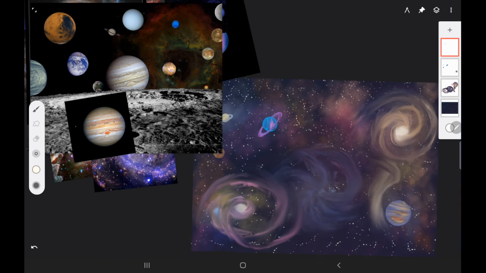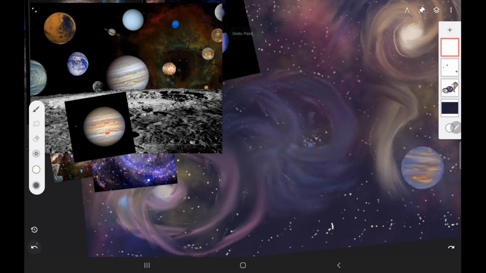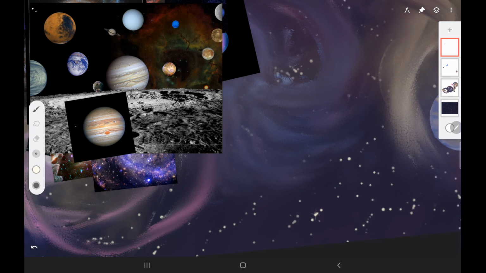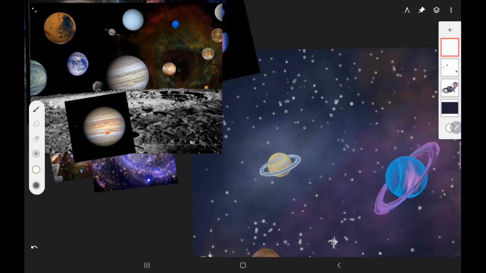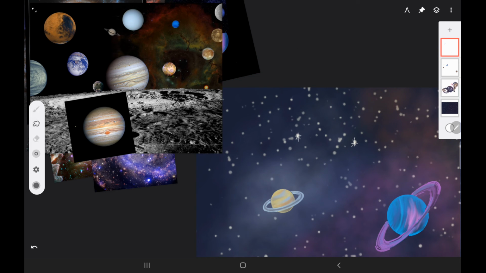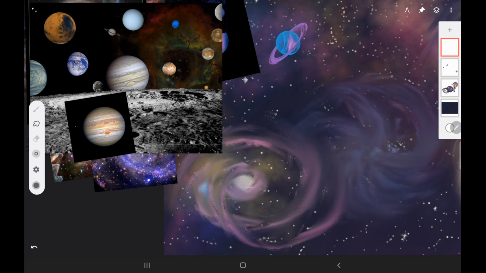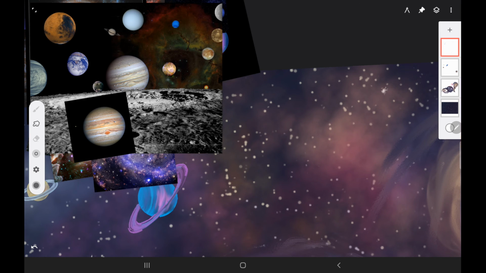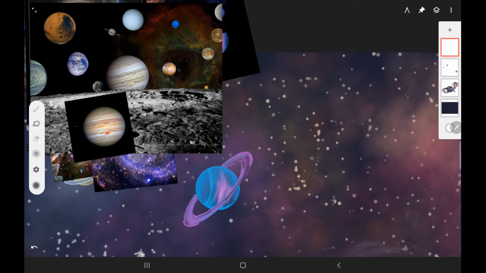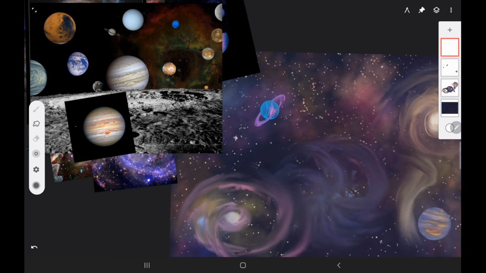And then here I'm using the filbert brush, and I just wanted to punch up the stars a little bit and make some of them look brighter, and maybe that they're actually ellipse galaxies. Ellipse galaxies usually are just kind of a brighter star, and so they just kind of show up as a brighter star. So I'm just trying to go in and pick a few places next to the planets and the nebulas, and maybe through the nebulas, and I'm using a pretty bright white color, and you could use, if you're following traditionally, cadmium yellow light with white acrylic gesso, and you can use your number 3 round or the script brush, and